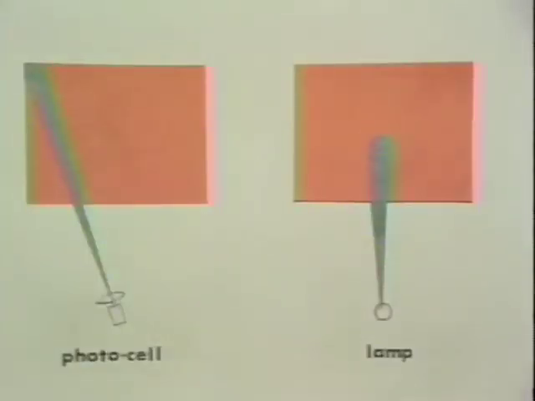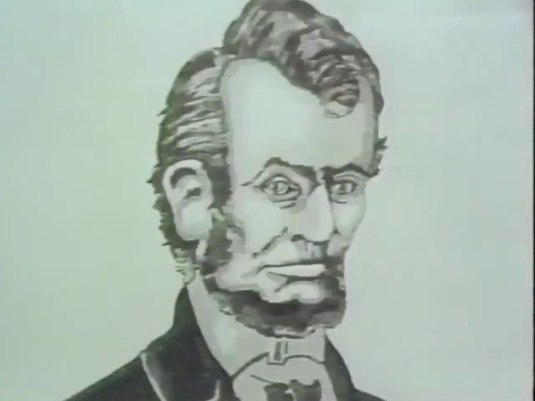If they are out of step, as here, then instead of an accurate copy, we will produce this, or something even worse. Thus, to ensure the picture is correctly reproduced, the cell and the lamp must be synchronized in their scanning movements. So, to summarize the process of transmitting a picture by wire, there are 3 important factors we must